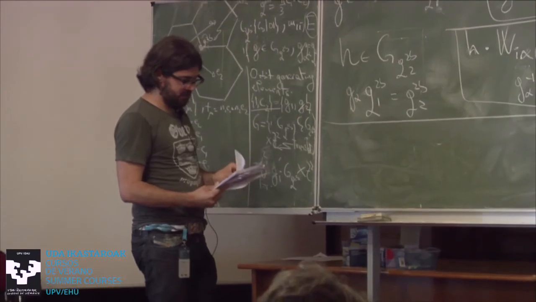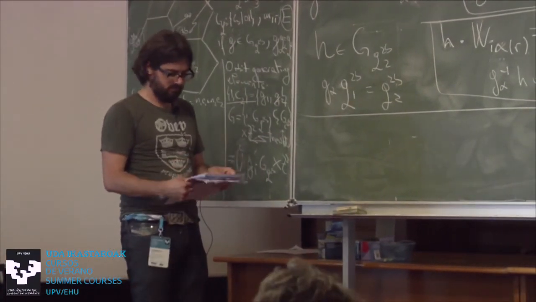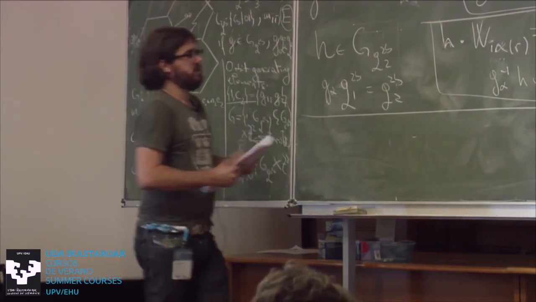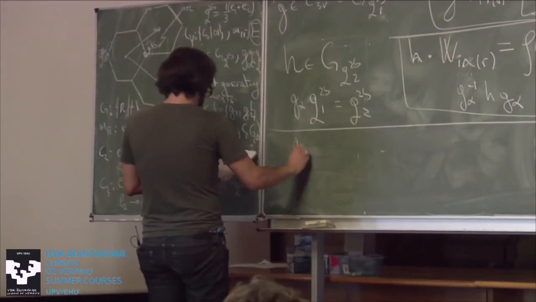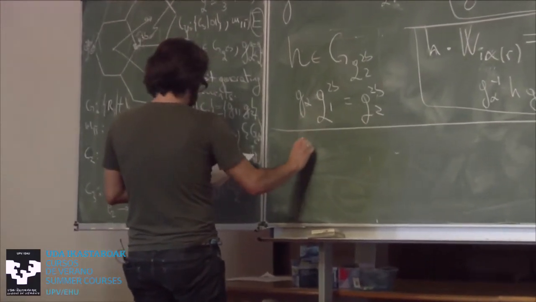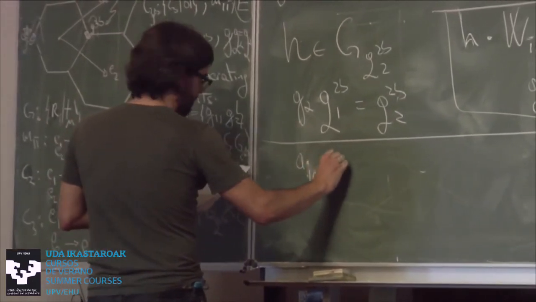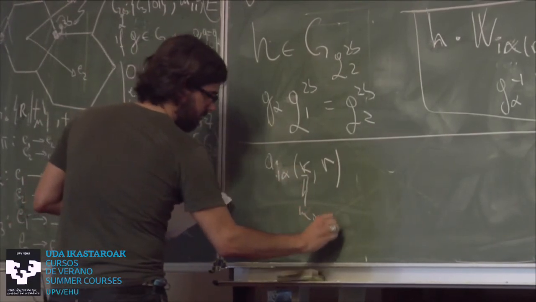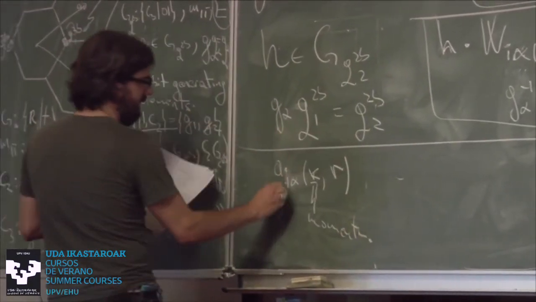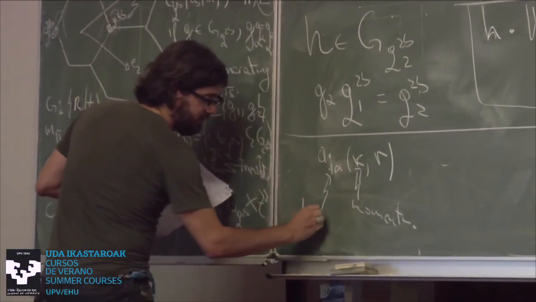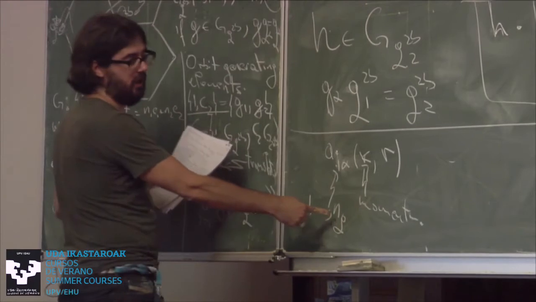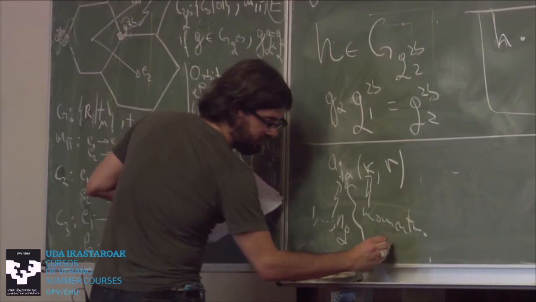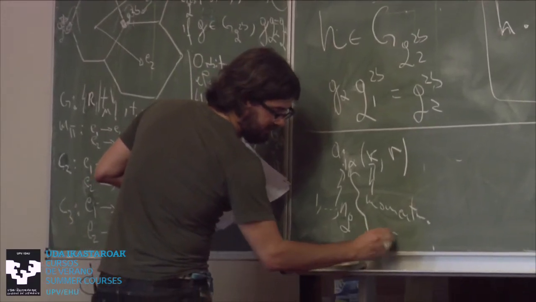We are going to build it in momentum space, because I want the bands. So we are going to use the momentum space functions a i alpha of k and r. This is momentum. i runs from 1 to the dimension of the representation of the site symmetry group, and alpha runs from 1 to the number of sites in the Wyckoff position, the multiplicity of the Wyckoff position.